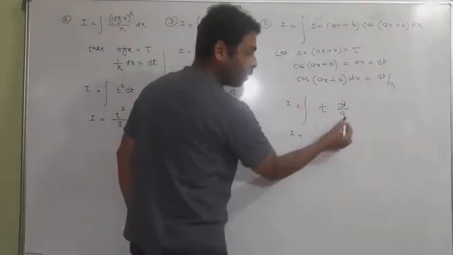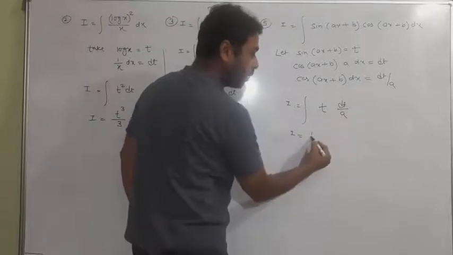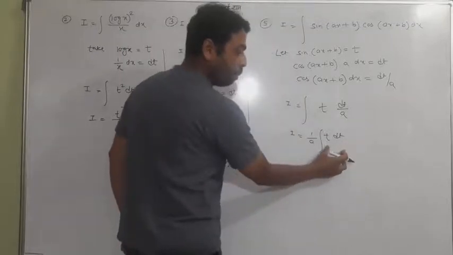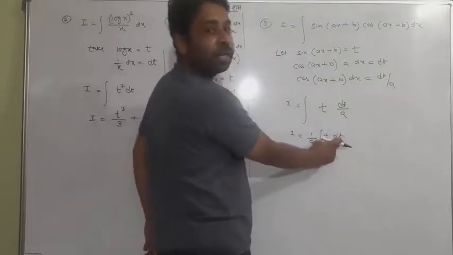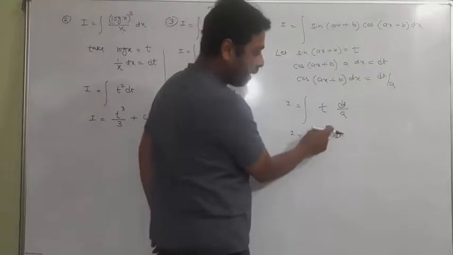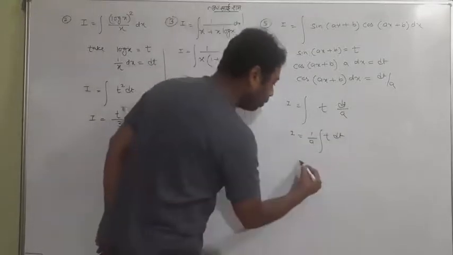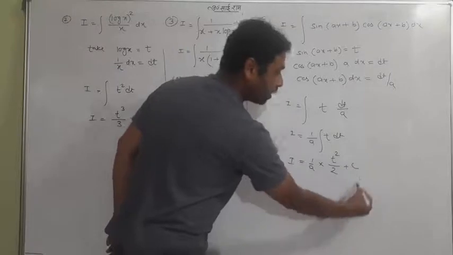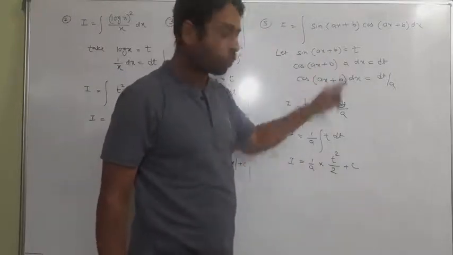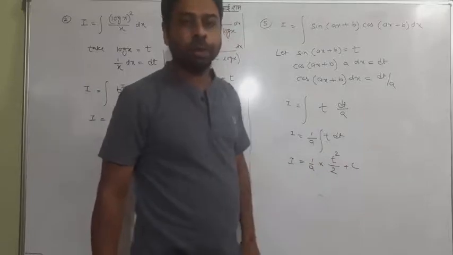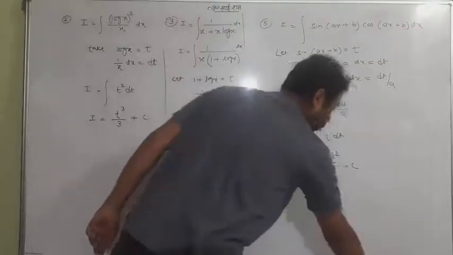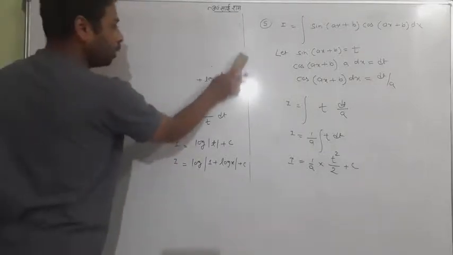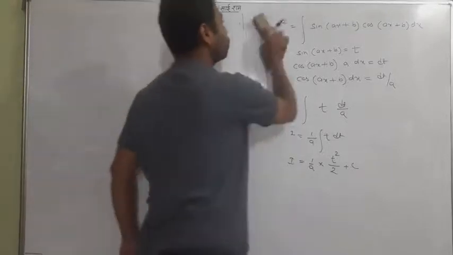Now in the present scenario, a is a constant value which can be taken out of the integration, and only t is there. Now it is a simple integration with respect to t, of t to the power of 1. So we use the power rule: add 1 to the power and divide by 2, plus c. You can put the value of t equal to sin(ax+b) here and get your answer finally. So these were the questions which help you to take the method properly, so that I have taught you this. Okay, now let me take some more questions.